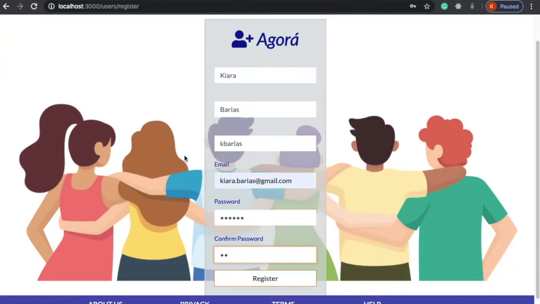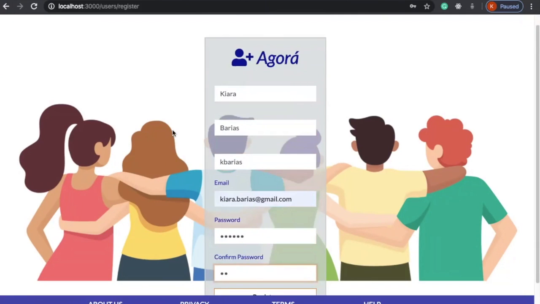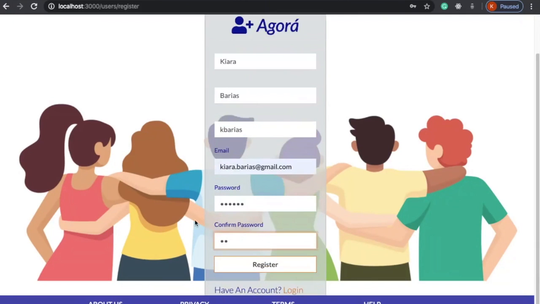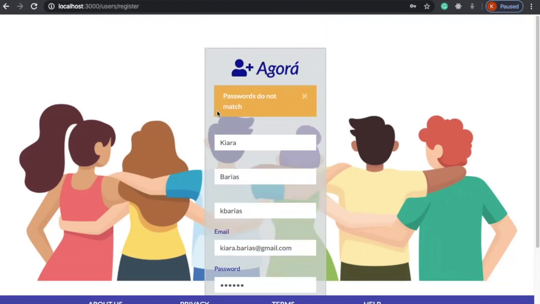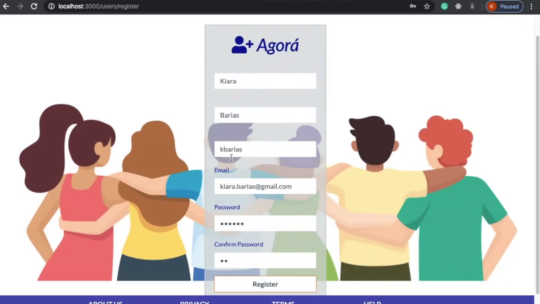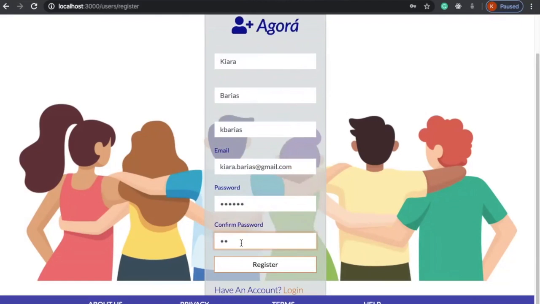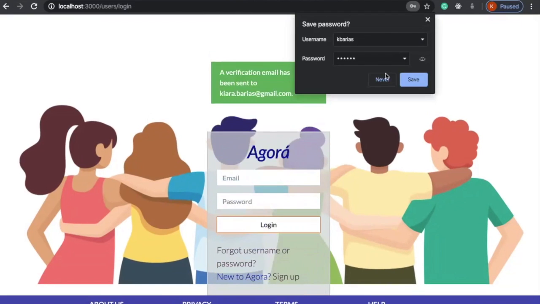So just to demo this, we have a password, and then to confirm the password, if I click register, it'll give me an error that I could click out of that says passwords do not match. And then I could just alter this to be the same password. So now I have